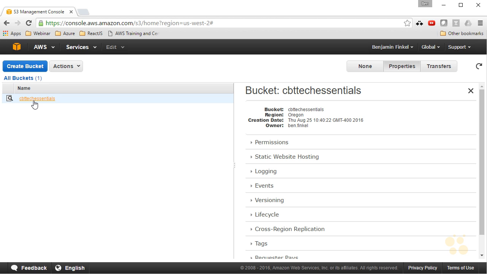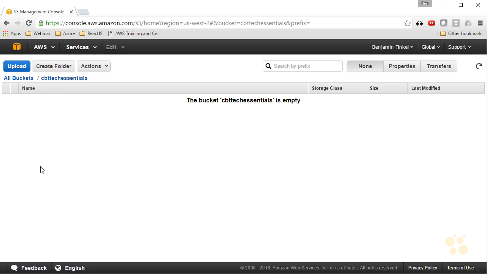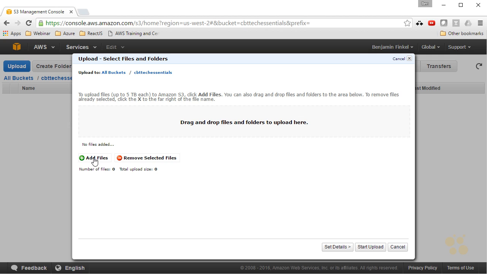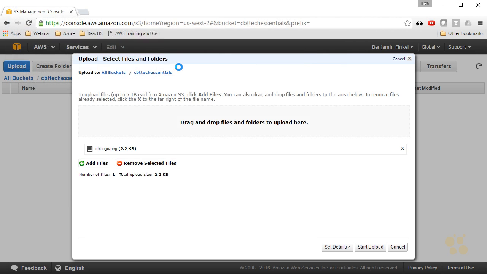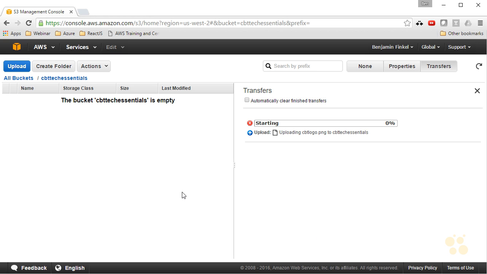Now if I just click CBT Tech Essentials right here, it's going to browse me into the bucket, and you can see that it's currently empty. But if I want to upload a file to it, easy. I click the Upload button. Whoa, I bet that was a big surprise. From here, this is just like any other upload dialog box that you've probably worked with on the web. I'll choose to add files. And inside of the file browser here, I've got a cbtlogo.png that I'd like to upload. So now it's listed there, and I can simply say Start Upload, and that will upload this file into my